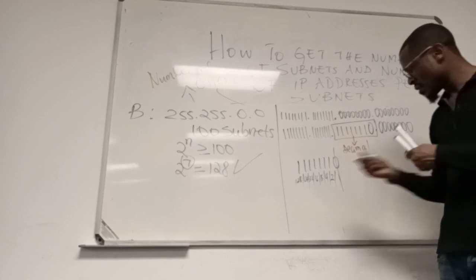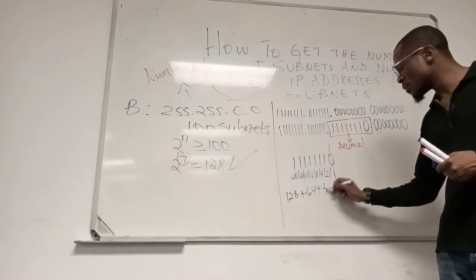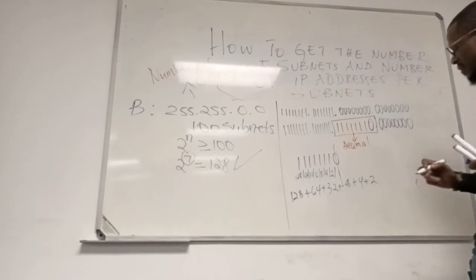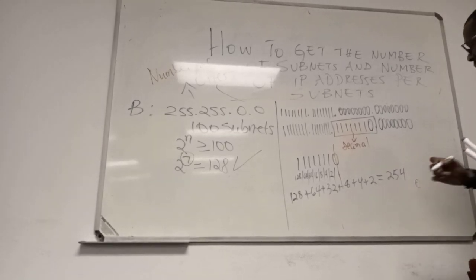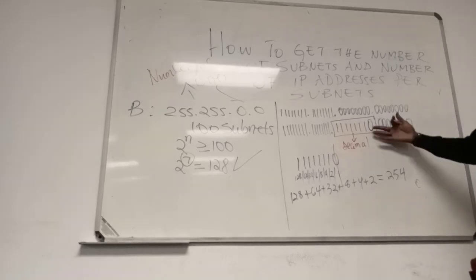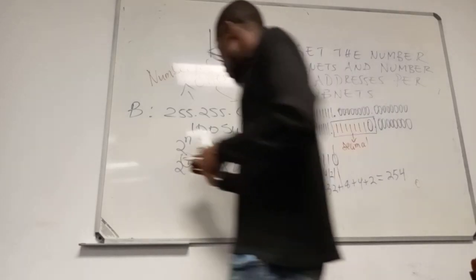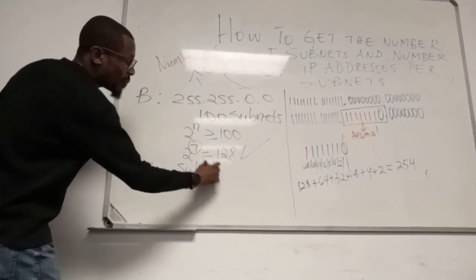So it's going to be 128 plus 64 plus 8 plus 4 plus, that's going to be 254, right? Now you go back here. So your new subnet is going to be, right? New subnet mask,